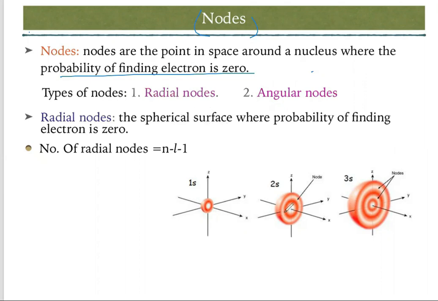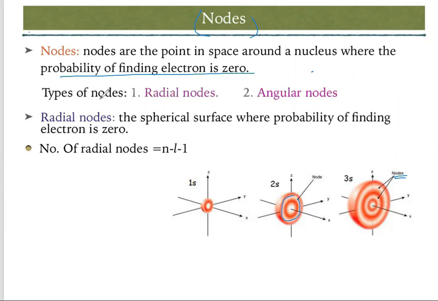So you see this structure of an atom. Okay, if this is the nucleus, can you see those white lines? The white lines represent your nodes. This orange part represents your electron density. So this white line is nodes. Okay, here you will find nodes. Here you will see there is a node. So here is the node, and in this region there are 0 nodes.